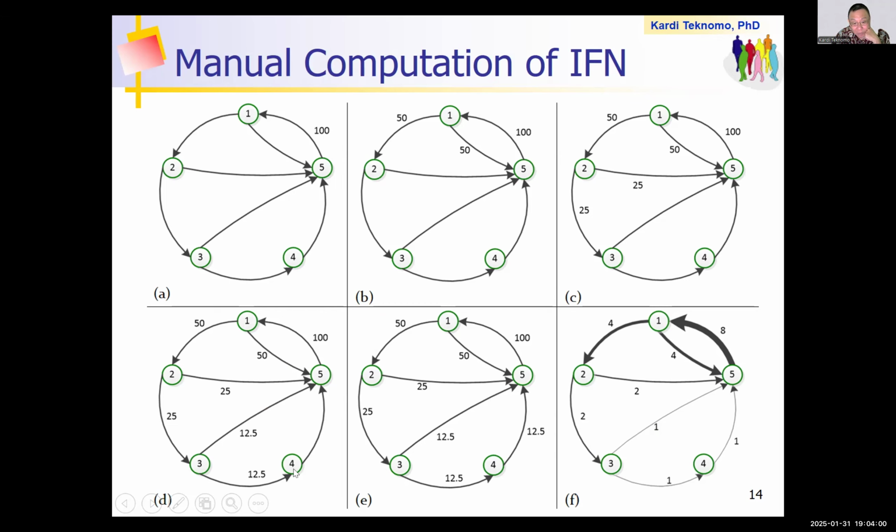And then coming to node 4, 12.5, there are no other links. This is the only link, then it just continues. And then to check whether this is correct or not, you sum what is coming in: 50, 25,